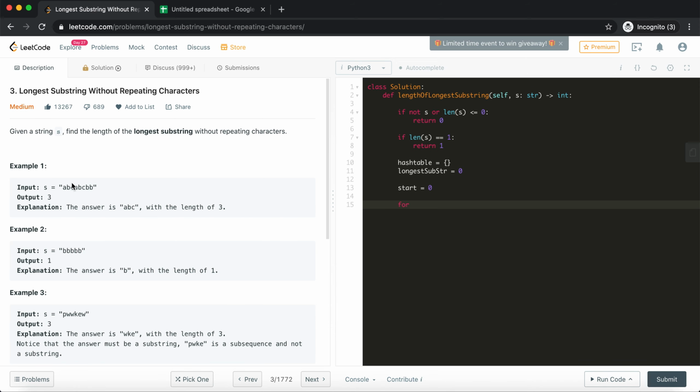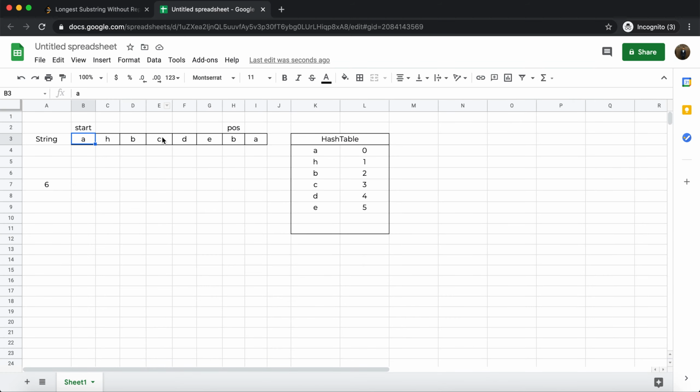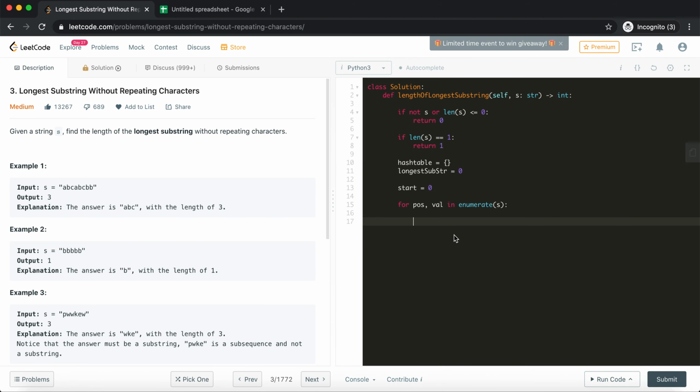While iterating, we actually need both things. We need values, we need positions as well. Python gives us this enumerate function, from which we can track both position and value of the current element. So I'll do that. Now I have position and value. What do I need to do at the beginning?